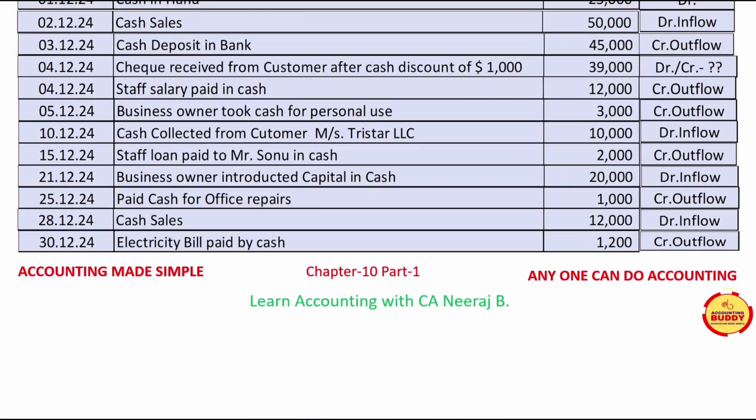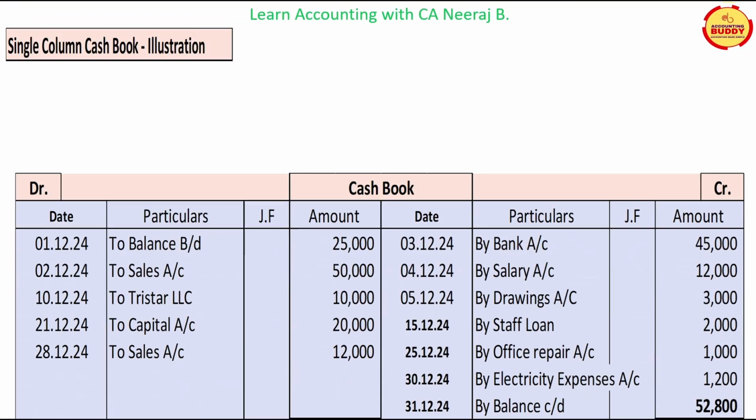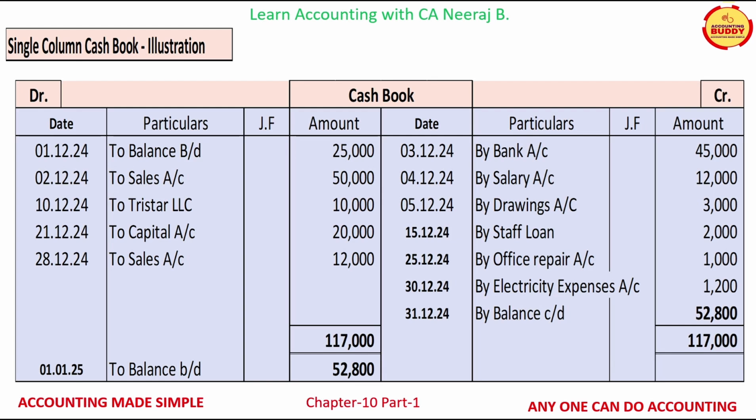Let us learn how the cash transactions as per the previous slide will be recorded in the cash book. The opening balance of $25,000 will be shown on the left hand debit side of the cash book by writing the words to balance brought down on 1st of December 24. Now all the cash inflow transactions of the sales, collection from the customer TriStar LLC, capital introduced are recorded on the left hand debit side or the receipt side of the cash book